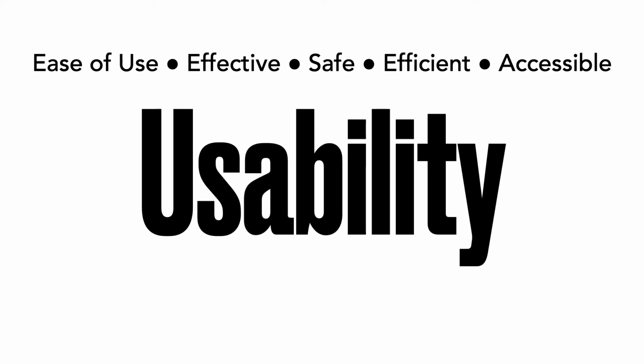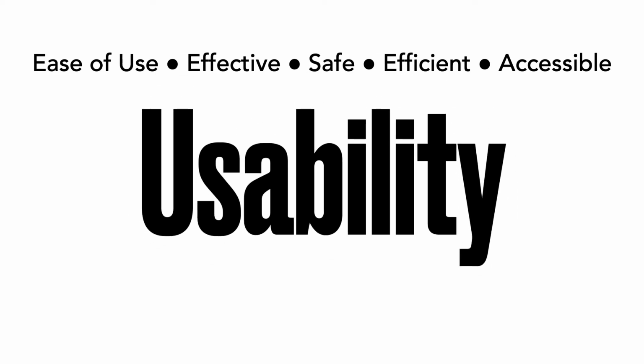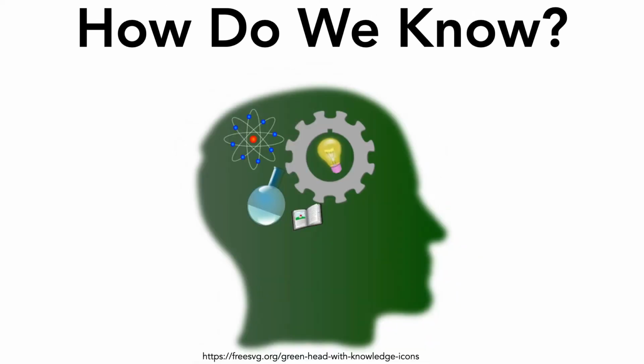We need to know things. We need to know details about our users, especially in respect to how they engage with the design of a given computing interface, or again, the usability of a user interface. But how can we know this? Well, as I just noted a moment ago, how can we know anything? How do we know what we know?